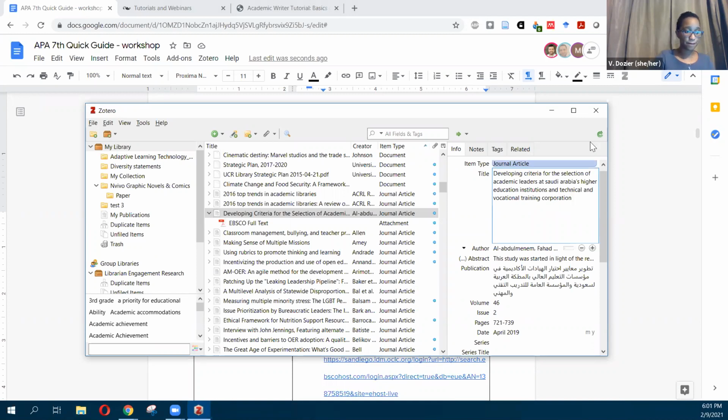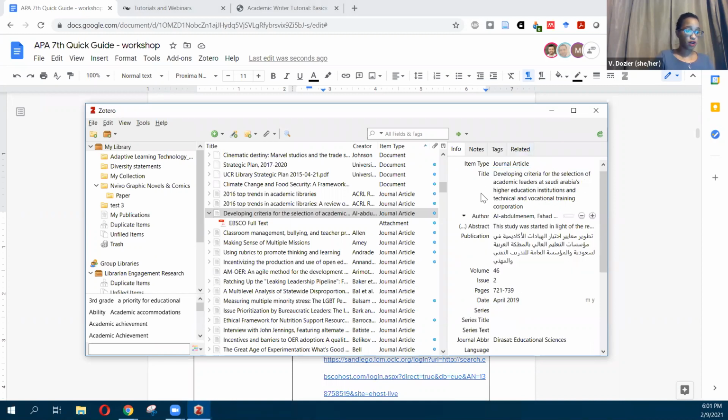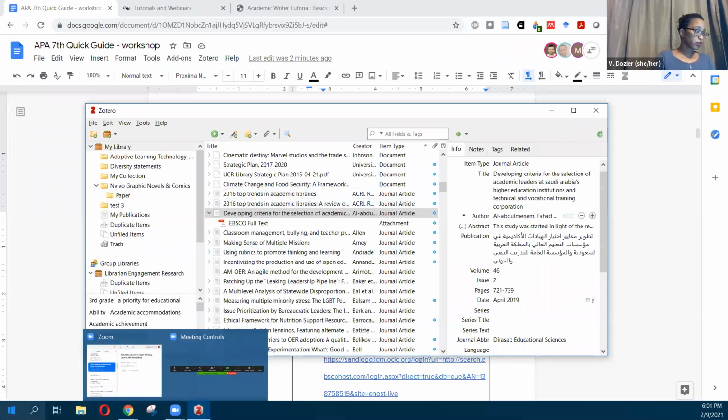Okay. Once you click off, it saves, sync, and you're done. Okay. Another way, because you don't just have to do one at a time, you could choose multiples, you could choose an entire folder and create a bibliography or reference list the same way. Or